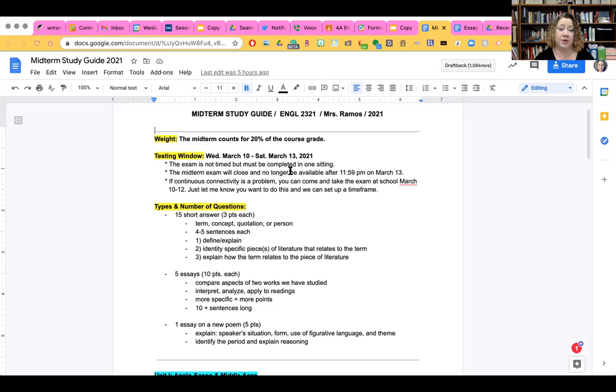Because you can have as much time as you want. We will not be using a lockdown browser. I don't understand why people use lockdown browsers, to be honest with you, because I feel like if you could use your phone... Matter of fact, I'm not going to be monitoring you in any way for this test. So if it was me, off the record, I would use my notes. Hopefully you have good ones. And I would use that to help me on the test, but that's just how I would do it because nobody's saying you can't use your notes.